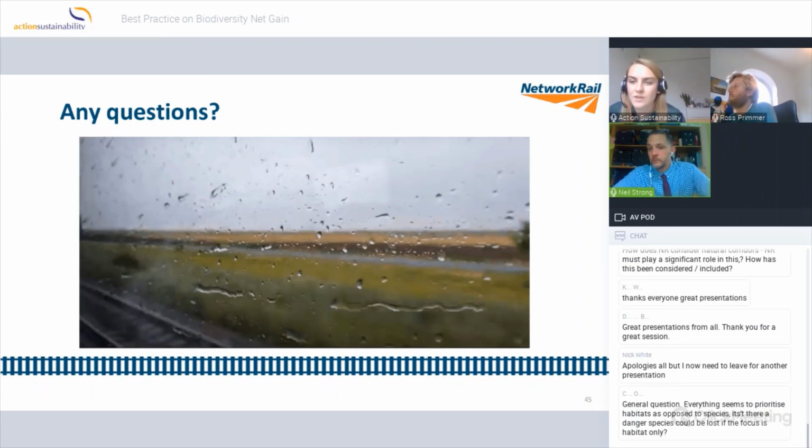Next question, is it quite habitat focused as opposed to species focused? What's your outlook? Do you prioritize on species or habitat? The way that we're monitoring the biodiversity to start with is going to be at the habitat level, because of the extent of the network and being able to do that to give us those metrics to start with.